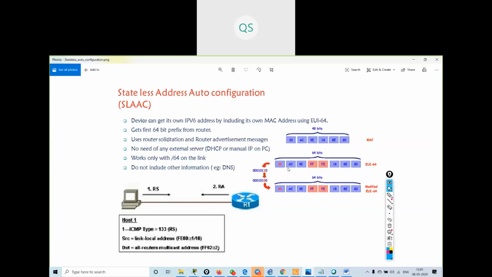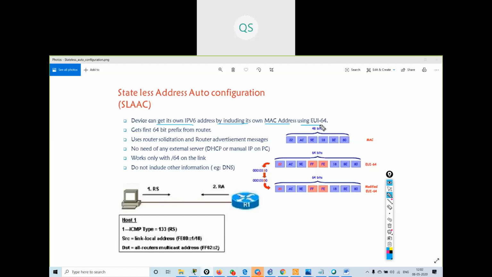You can see over here, you can read: the device can get its own IPv6 address by including its own MAC address using EUI64.